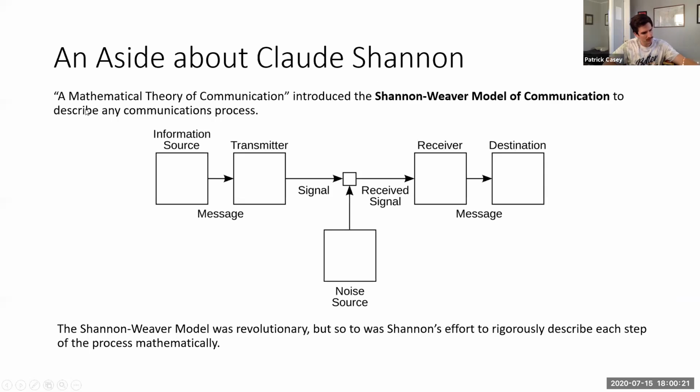In this work, A Mathematical Theory of Communication, he introduced a model of communication. You have an information source that's transmitting a message through a transmitter. It creates a signal. Once again, we're talking about signals. We love signals. But as the signal is being transmitted, there's a source of noise that's confounding the signal. That noise may mess things up before it gets to the receiver, and the message is ultimately decoded. This model was revolutionary for its time, because it can be used to describe any form of communication or information transfer, including VHS tapes even.